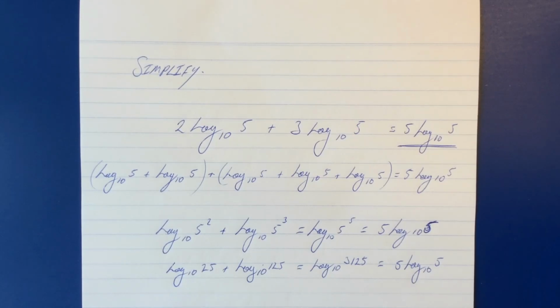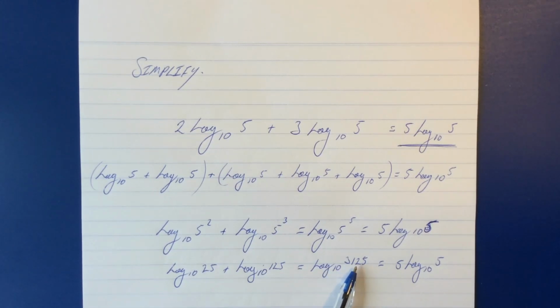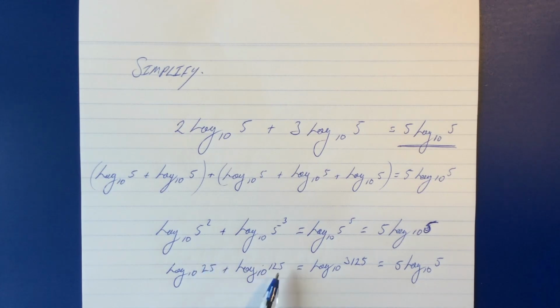And for those of you who struggle with some of the other ways of looking at this, this might be a really good way of rationalizing it for you. So 5 to the power of 2 is 25. 5 to the power of 3 is 125. Now, when we're confronted with 2 logs in the same base and 2 numbers here, and they're being added, we multiply. So, indeed we do. And we're looking at log 10 of 3,125, which is this times this,